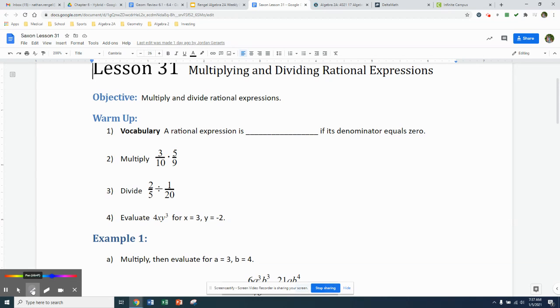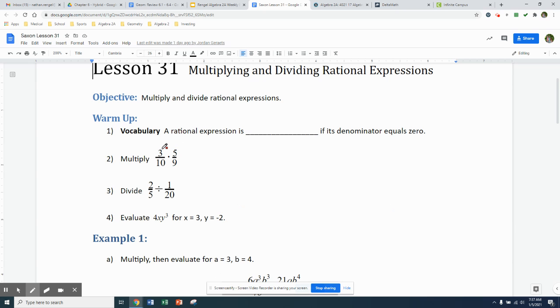Multiply fractions. When we're multiplying fractions, we just multiply across our numerators and denominators. But even before we do that, we can look if there is a number in the numerator and a number in the denominator that have common factors. We can divide out those common factors before we start. So for example,